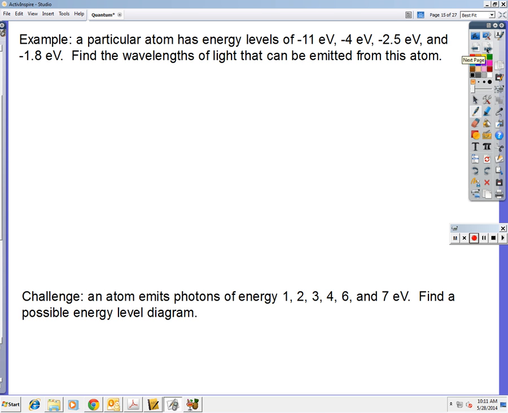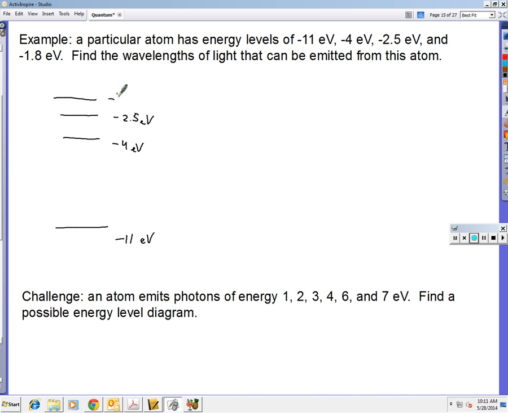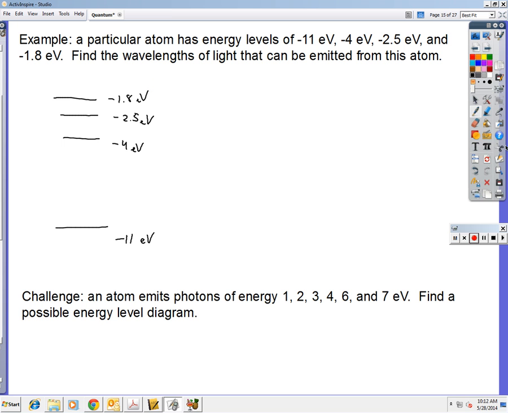So here is an example. Let's say that we have a particular atom. It has an energy level of negative 11 electron volts. A negative number means that it has to get that much energy to knock the electron loose entirely. And it's got other levels at negative 4 electron volts, negative 2.5 electron volts, and negative 1.8 electron volts. That tells us that the energies that can be emitted are